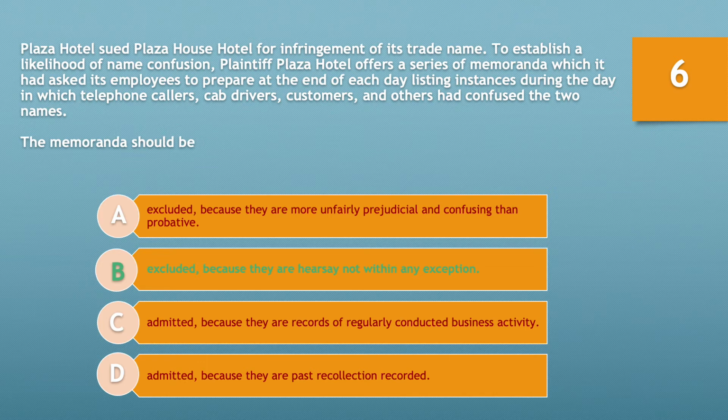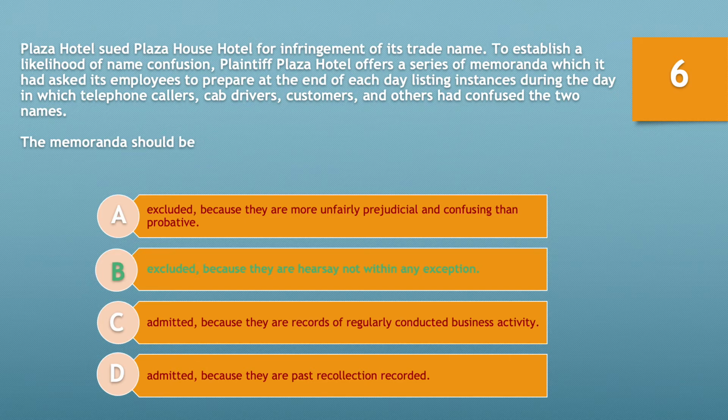If you chose option B, excluded because they're hearsay without any exception, you'd be correct. Hearsay is an out-of-court statement offered to prove the truth of the matter asserted in that statement. Hearsay is generally inadmissible. One hearsay exception is the business records exception. A record of events, conditions, opinions, or diagnoses recorded in a business record is admissible under a hearsay exception